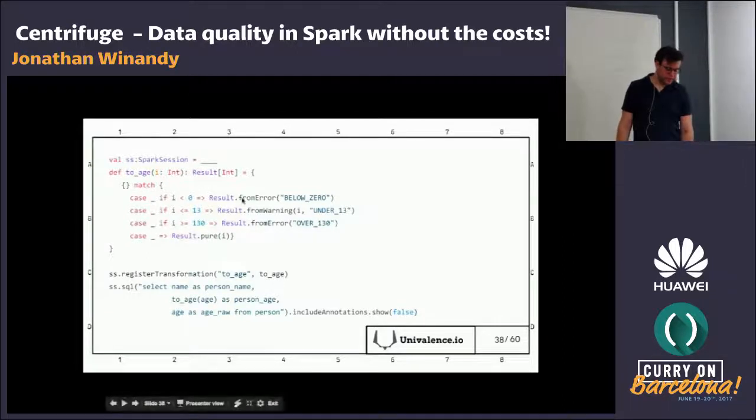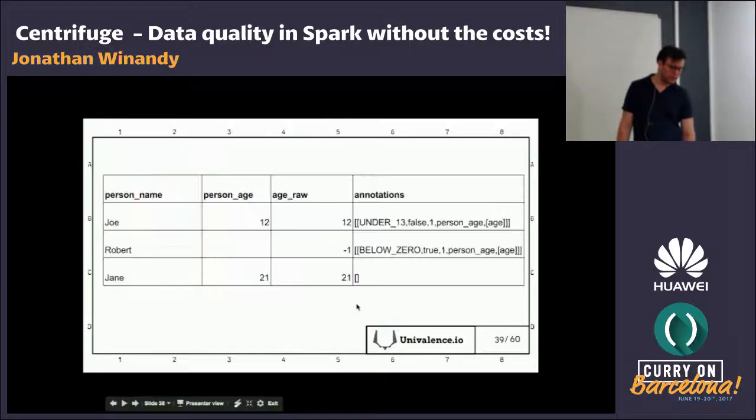And you see that on certain values, when it's okay, we just output the value. But when it's, for example, below 0 or under 13 or over a certain value, we also add annotations. And then we register this transformation, thanks to the framework of Centrifuge. And we can run the query as if we were doing normal SQL and ask to include the annotation.